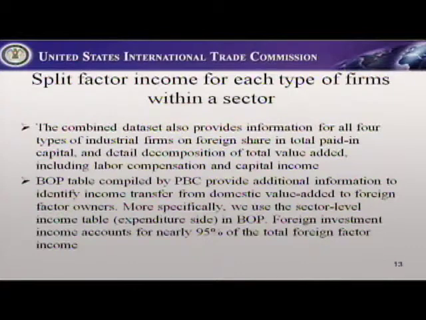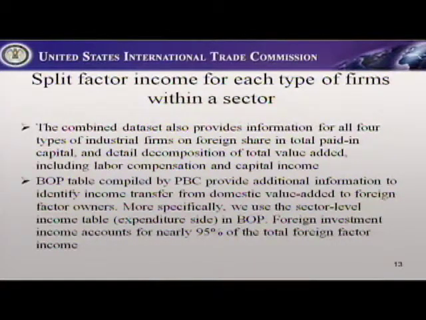Then we also use the balance of payments data that's compiled by the central bank. That gives us additional information, because that's internal information. Fortunately, MOFCOM leads this effort, so we have a four-agency cross-agency cooperation. They have the customs, they have NBS, they have SAFE, the State Administration of Foreign Exchange. They compile the BOP statistics. They have by-sector information. So basically, we use the